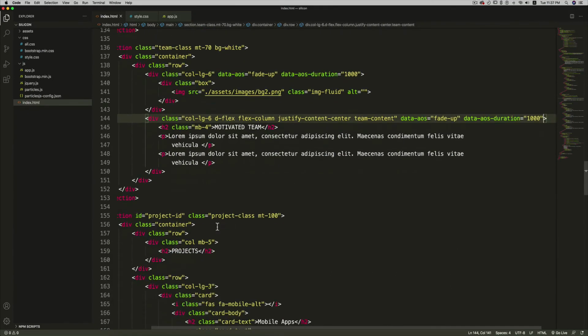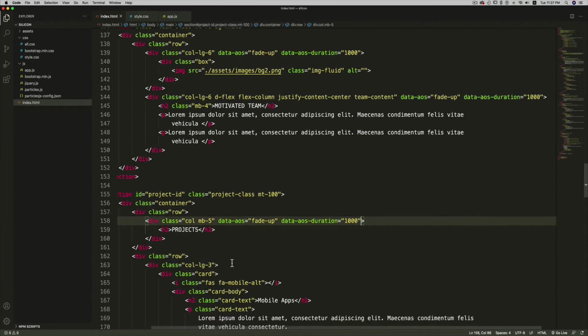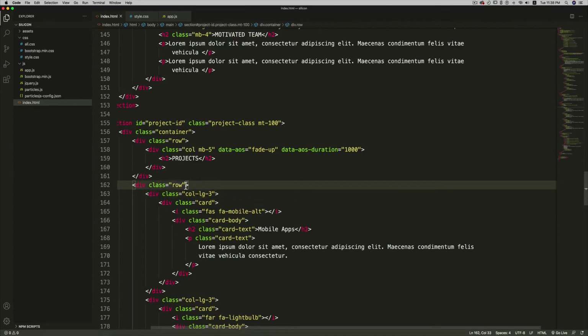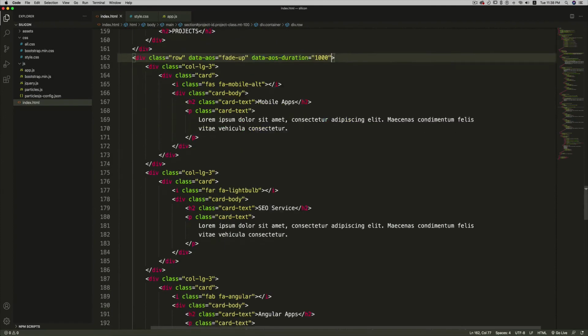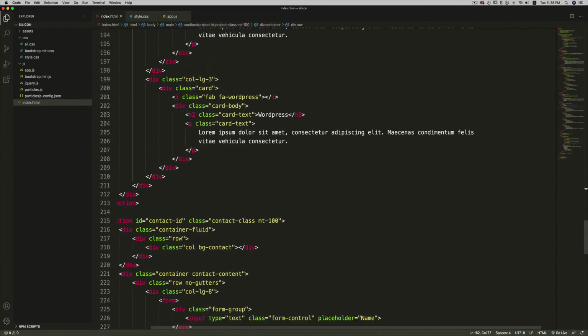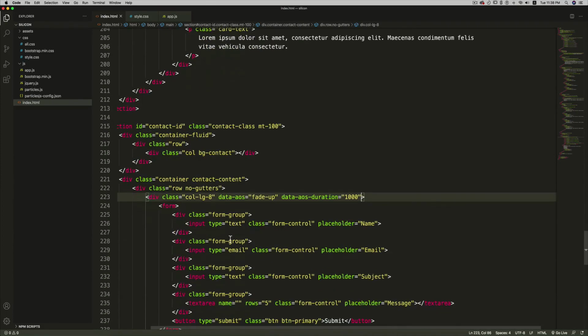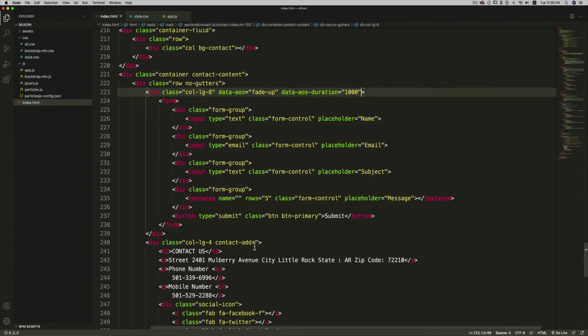Now again in the project section I'm going to paste it here. Again I'm going to paste it here. Again I'm going to paste it in this row. Then I will go to the contact section. Here I'm going to paste it in this div and in this div.